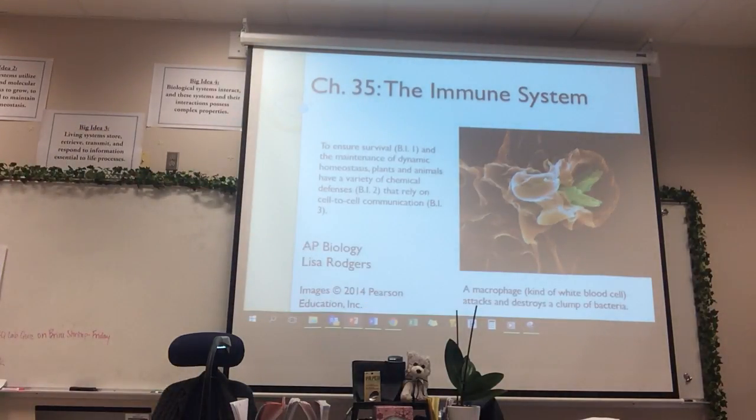Okay, and you've got your good biology student hat on from the very beginning. This is a macrophage. It's a kind of white blood cell. Okay, and these are bacteria. Macrophage is big eater. Macro, big, phage, eater. Sometimes I'm a big eater. So look at it, floating around in the body, finding things that shouldn't be there, and eating them.